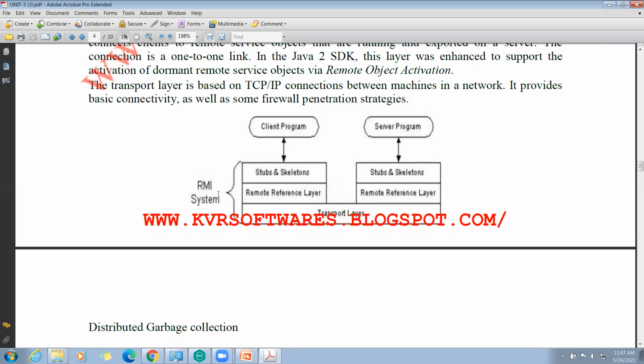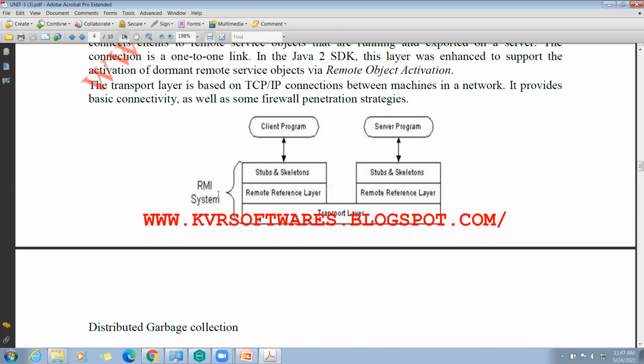First, we need to recall remote method invocation. With respect to Java, what is an RMI? This is also called Java remote method invocation. It is a Java application interface that performs remote method invocation.